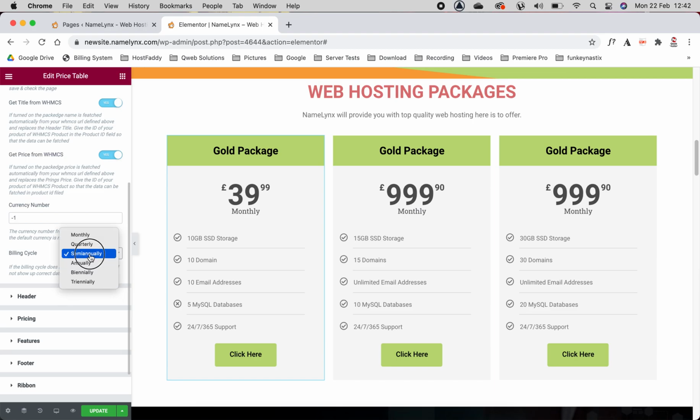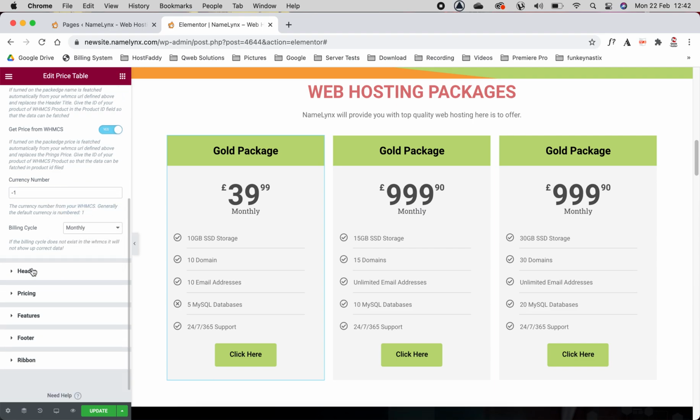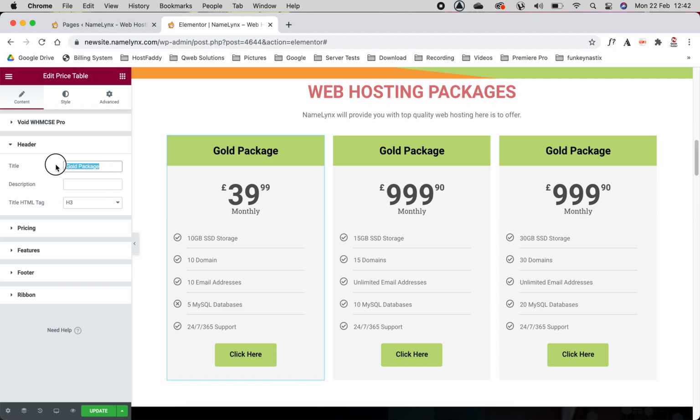It will change when you update. So we're just going to go to monthly. Okay, the header, that's where you would put, I've got the gold package, but it will overwrite it automatically. So if you change the header to